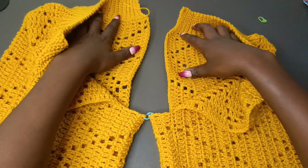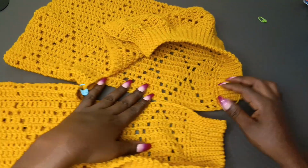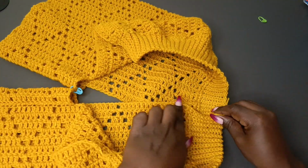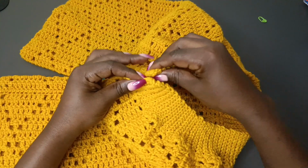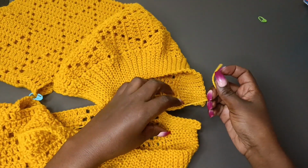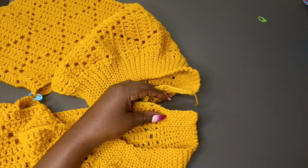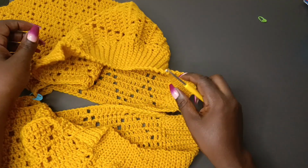So we're going to join on the inside part of the short like this, from the top all the way through the middle part, coming all the way to the top on the other side. So you can join with the darning needle or with a hook. I'm going to do that with a hook and single crochets. So I'll